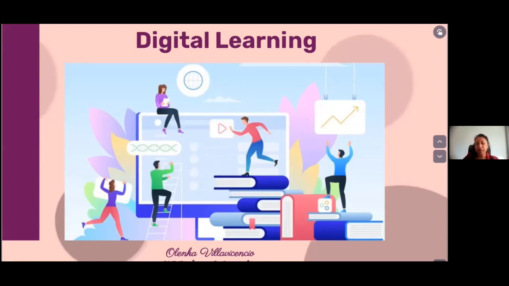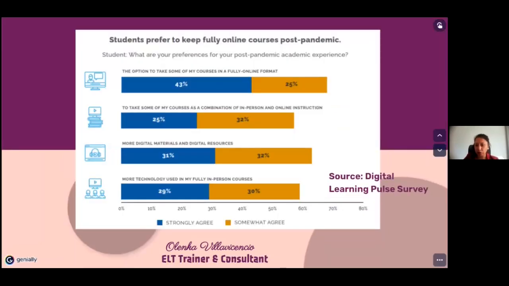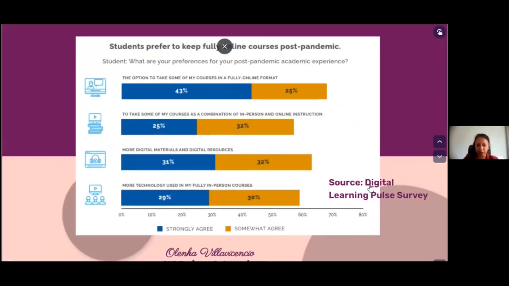So this is about digital learning. As you can see, according to this source, the Digital Learning Pulse survey, the majority of our students like to learn online for different reasons. Good morning, Katya.